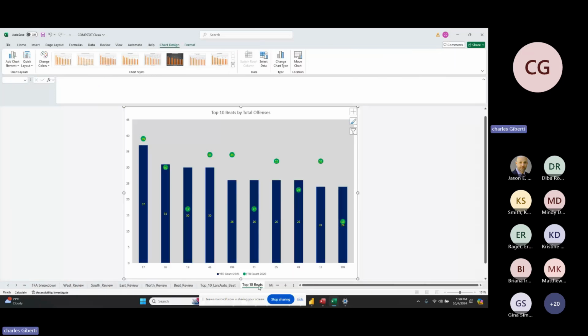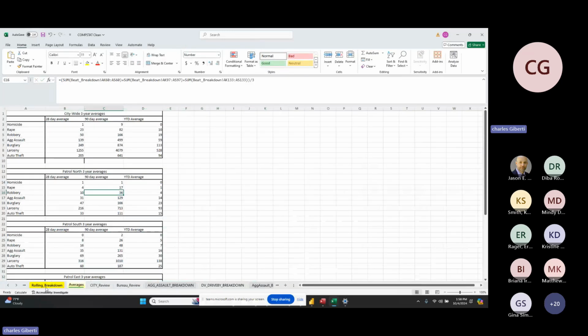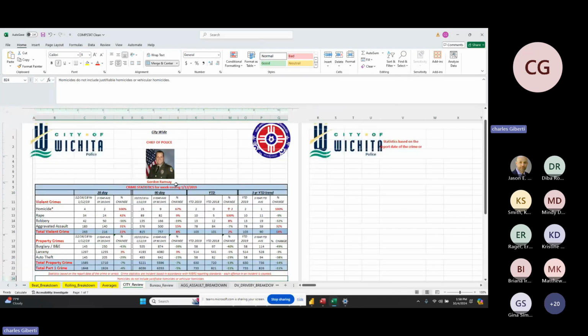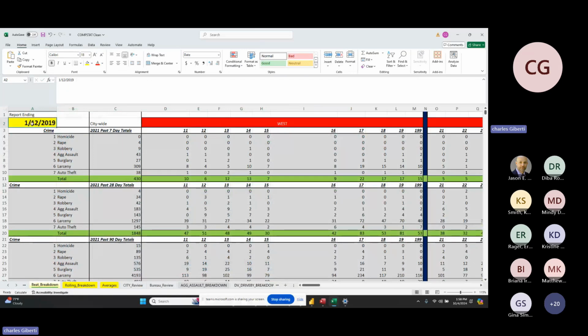Because we built all of this in Excel, it's incredibly flexible in terms of the types of things that we could build. And then we even put in a little element of dynamicness to this. All of these formulas read off of this date cell. So if somebody said, I don't want to see stats ending the week of 1/12/2019, I want to see stuff that ends the week of 1/7/2019,